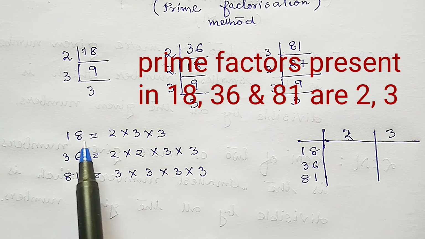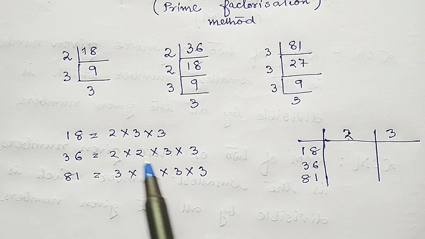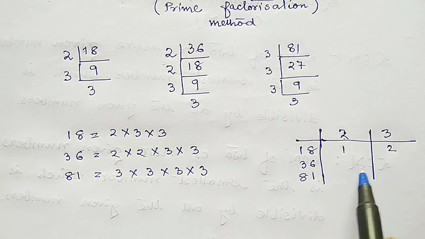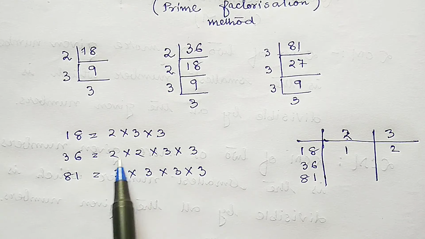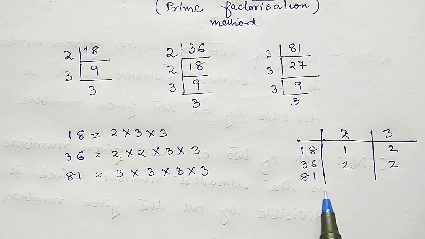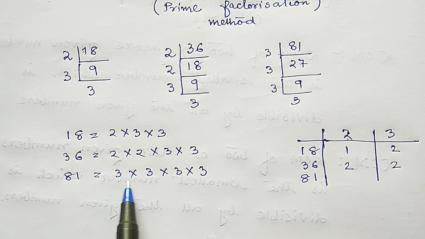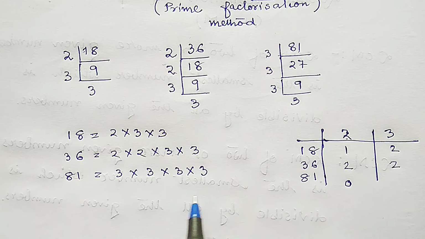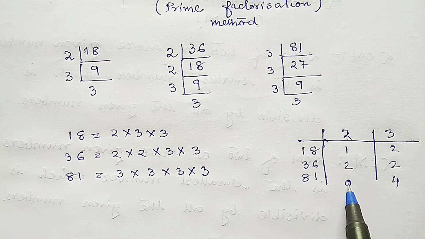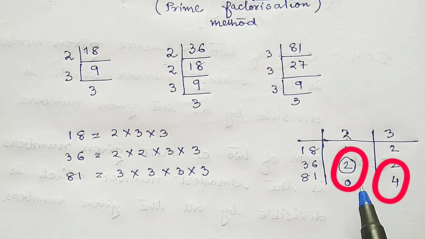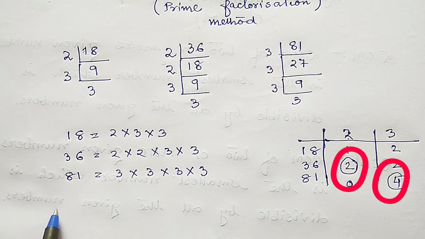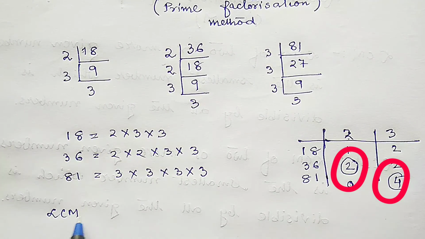Now in the case of 18, 2 is there only once, so we'll write 2 once and 3 twice. In the case of 36, 2 twice and 3 twice. In the case of 81, 2 is not there, so 2 is 0 times and 3 is 4 times. Now out of these three, which is the greatest? 4. So the LCM of these three numbers will be: